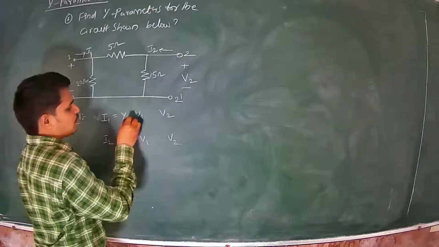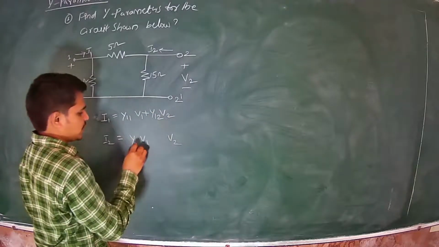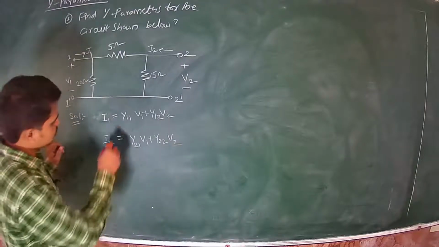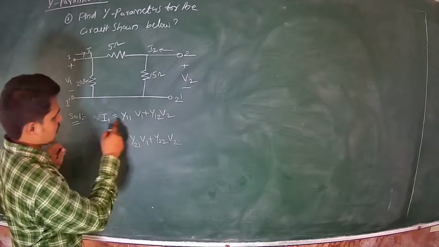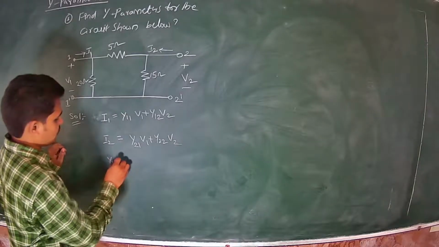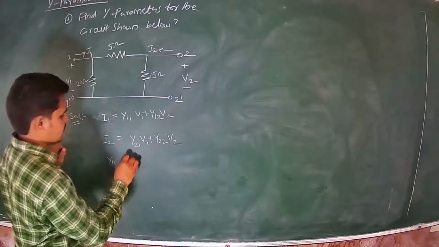Therefore, here you will get Y11, Y12, Y21, Y22. Then how to get this Y11? Y11 equal to I1 by V1